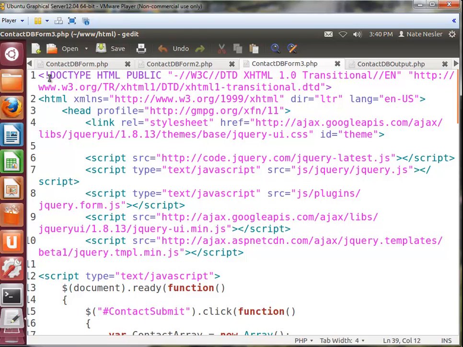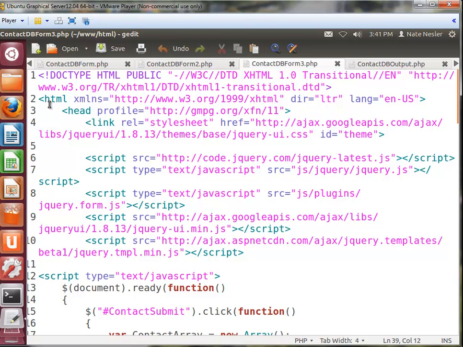Open less than sign, exclamation mark, DOCTYPE, HTML PUBLIC, open quotes, dash slash slash W3C slash slash DTD XHTML 1.0 Transitional slash slash EN for English, close quotes, open quotes, http colon slash slash www.w3.org slash TR slash xhtml1 slash DTD slash xhtml1-transitional.dtd, close quotes, closing greater than sign,